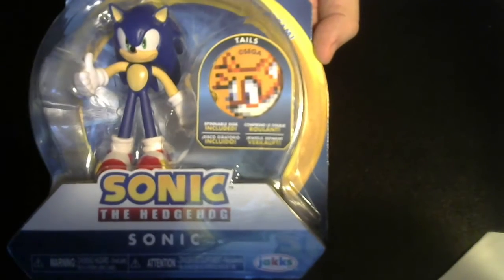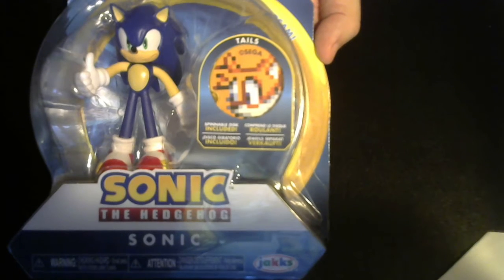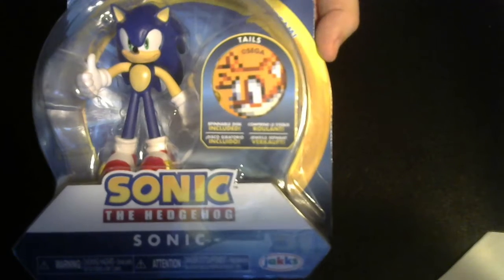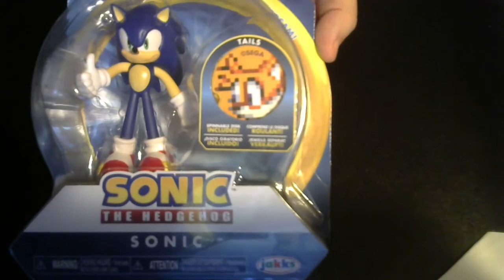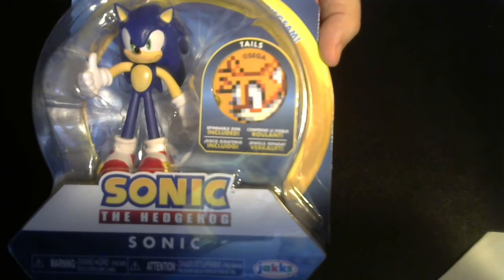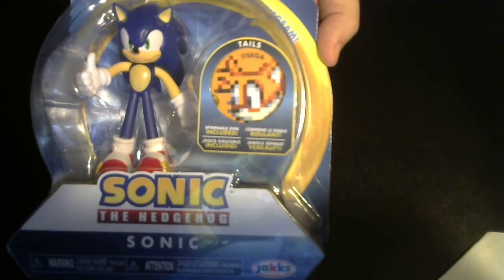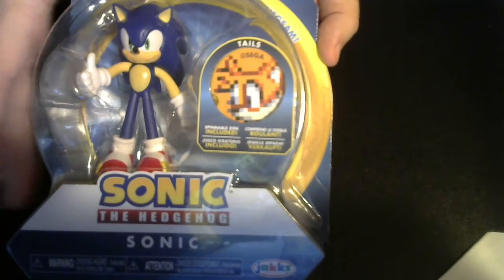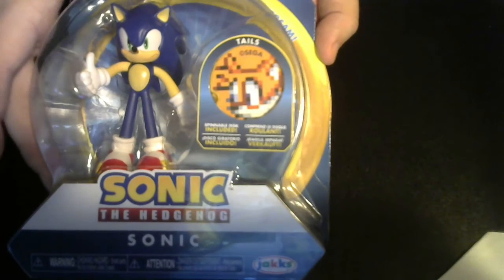Okay, so now it is time for Wave 2. So, starting off Wave 2, we have another Sonic. Now, it would appear that it is, in fact, the same Sonic that was in Wave 1. It is a Bendy, of course, but this time we've got him with Tails instead of Knuckles. And this one actually made a little bit more sense. I'm not sure why they partnered up Knuckles with Sonic in the first wave, but hey, it's fine. But we do have Sonic with Tails as a spinner,